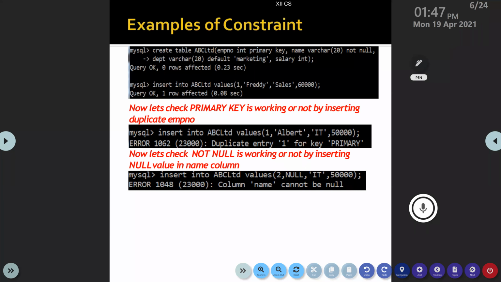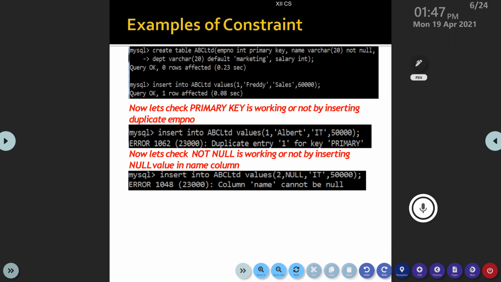So the one table is created. Create table ABC Limited. Table name is ABC Limited.